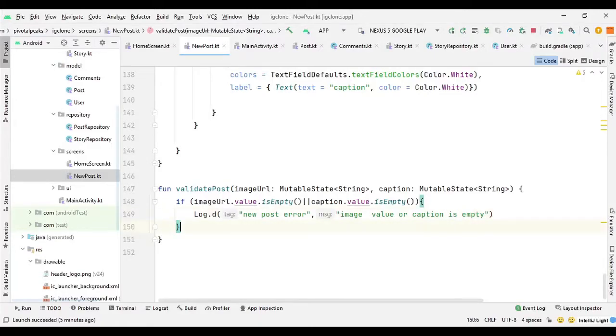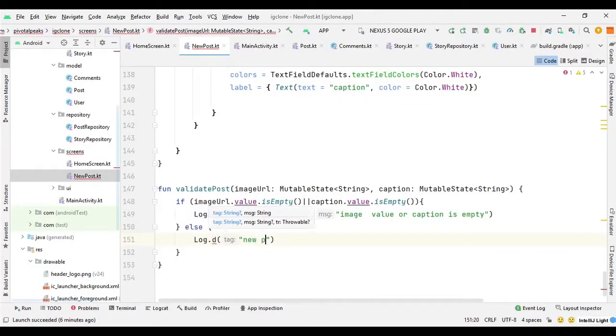And if we have both values, then we can actually log the values of both items. So here we will say log.d new post log, and we can set the message.